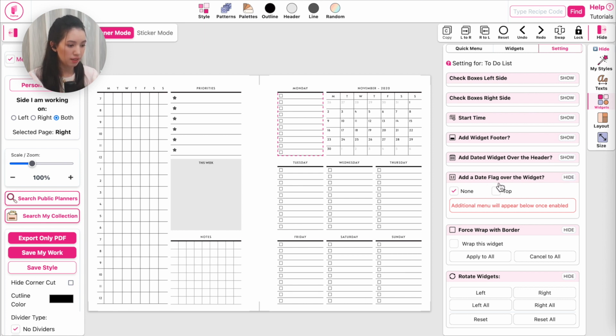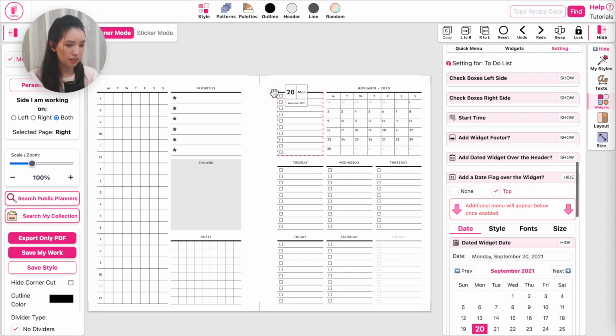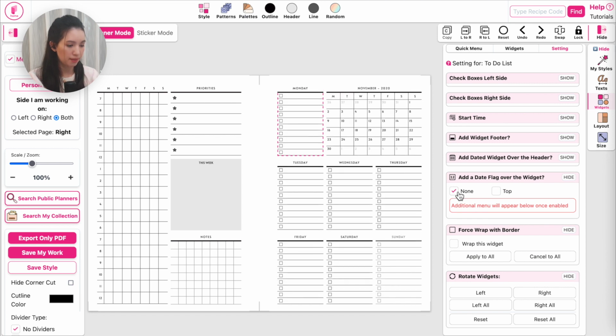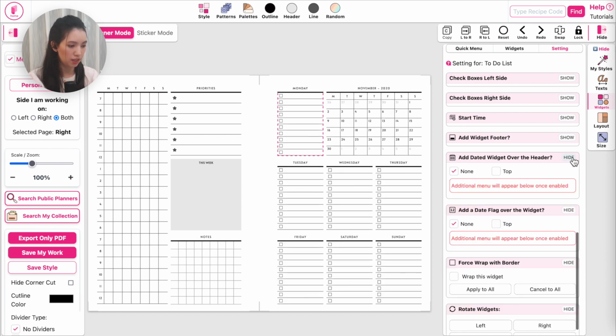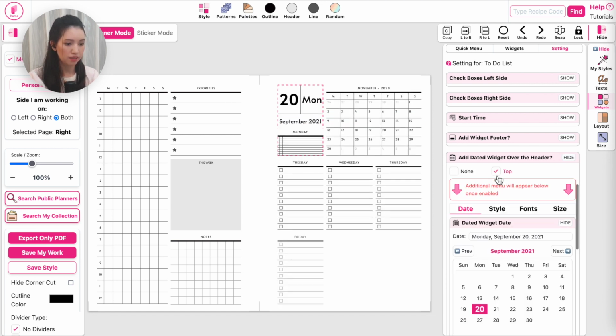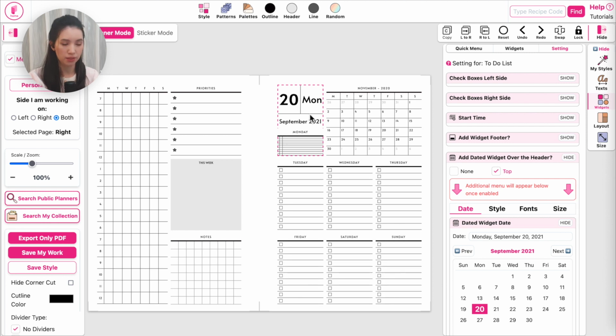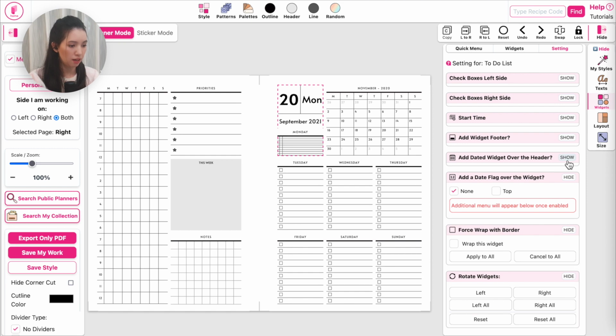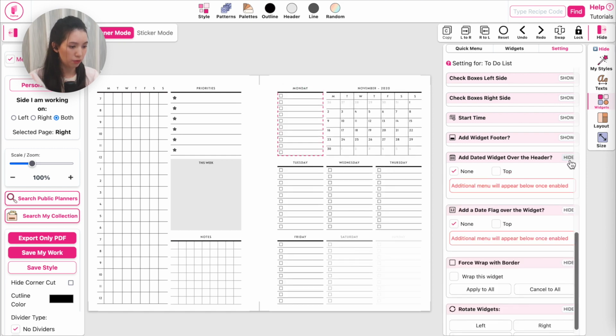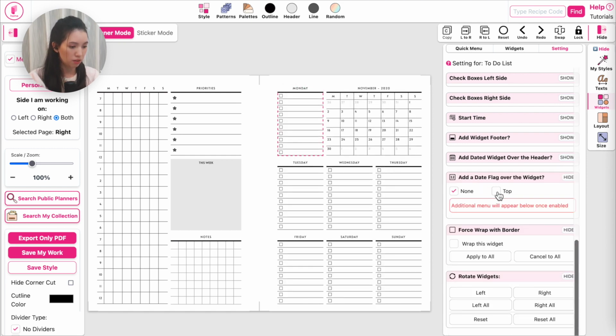Now if you click select on that one, it will add a date flag like this. If you click on none, it will remove it. You can also add it to the widget like this, and it will add a date above the widget. So you can choose between both of them, whichever you prefer. I will add a date flag for this video. So click on top,